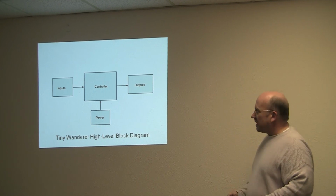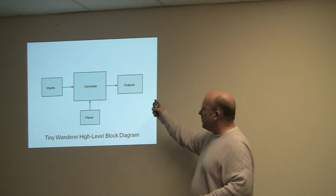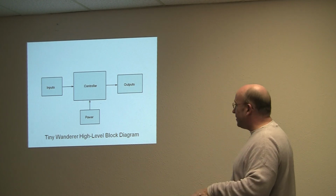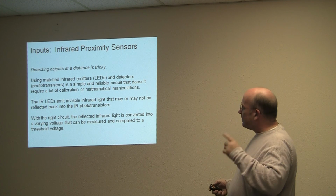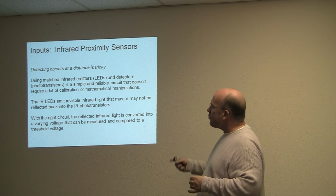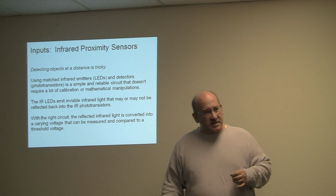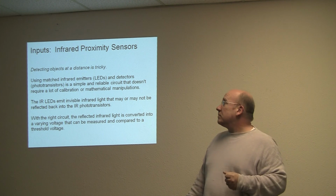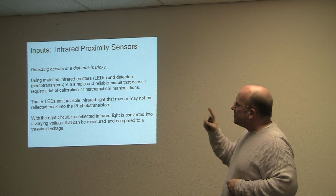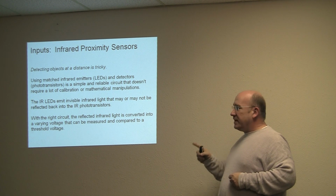Here is my block diagram. Inputs, a controller, you supply power to it, and you have outputs. It helps to start at that simple a level. Inputs. Let's talk about what we're using here. We're using infrared proximity sensors. Where's my color? That's supposed to be highlighted. Okay. Is this a PDF? Never mind. Detecting objects at a distance is tricky. Every method that